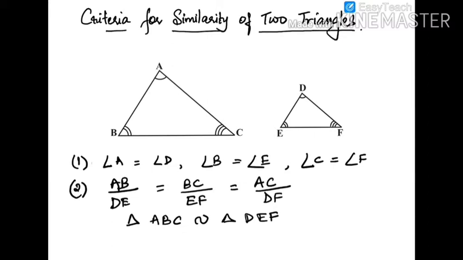Recall the concept of congruency of triangles that you studied in grade 9. We had obtained some criteria for congruency of triangles which involved the equality of only 3 parts to prove two triangles congruent. Likewise, to say that two triangles are similar, we need only 3 corresponding parts of the two triangles to satisfy the equality relation. So let's obtain these criteria.